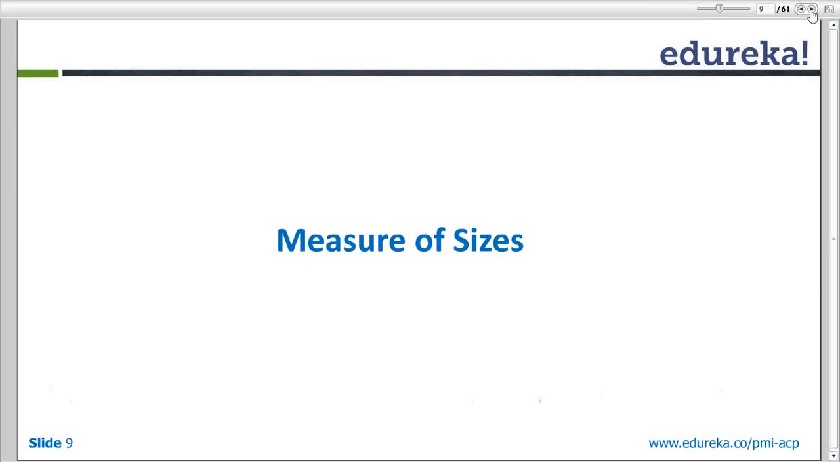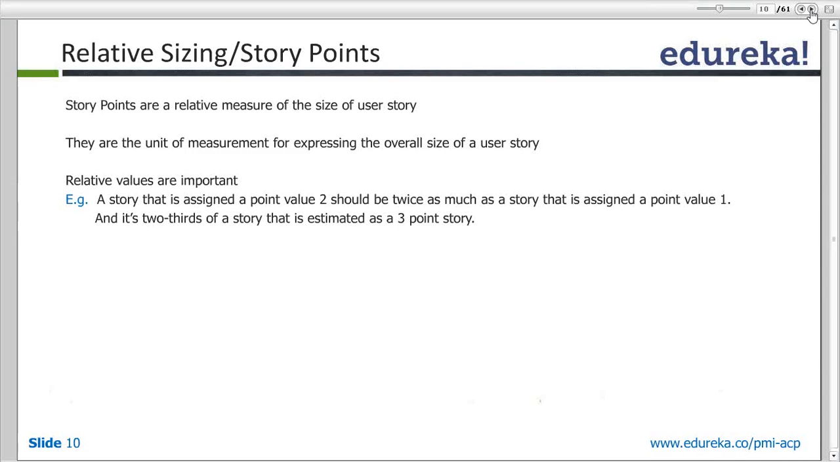Yeah, so measure of size, as Nidya pointed out, measure of size is nothing but the complexity, and there are various terms that we can use to define the complexity, right? Complexity or the size, right? So last time we discussed small, medium, extra large, and we also talked about the Fibonacci series, which is 1, 2, 3, 5, 8, 13, and so on,